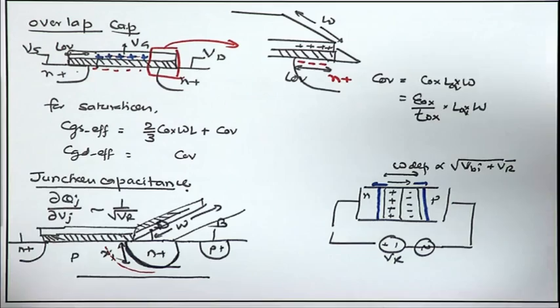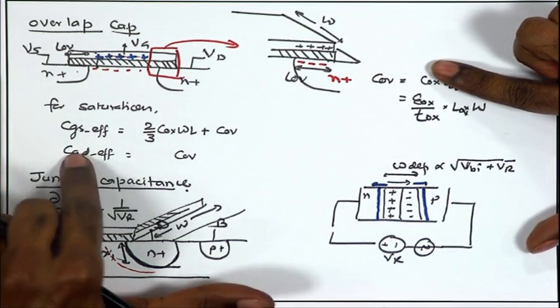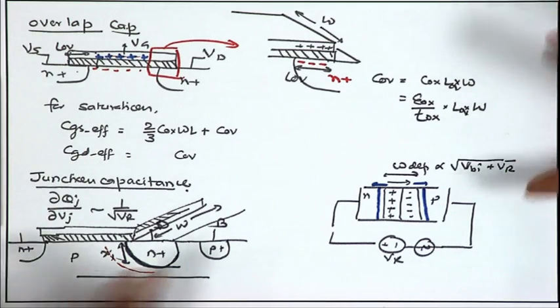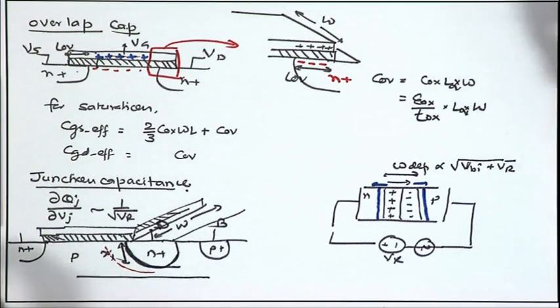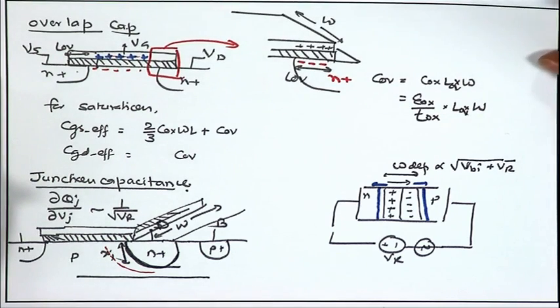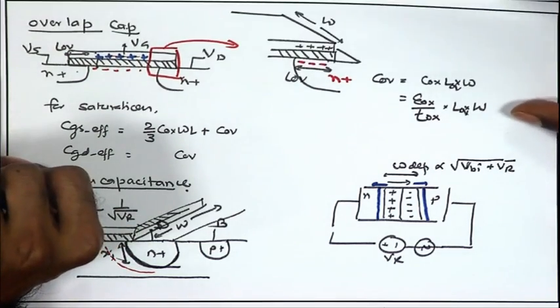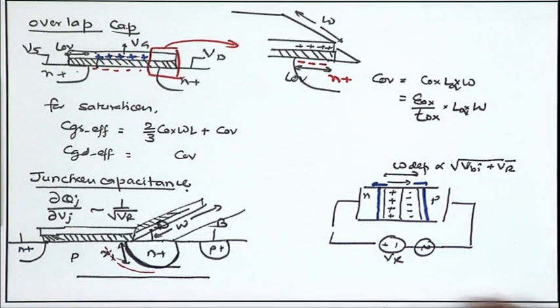Now, this is regarding the definition. Okay, this is how we define the junction capacitance, the overlap capacitance, and the capacitance arising from the channel charge between VGD and VGS. So, what is the significance of these capacitances in real circuit operation? This can be understood from the point of view of, say,